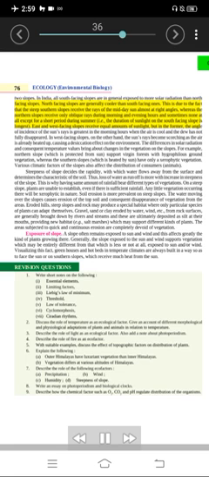This is due to the fact that the steep southern slopes receive the rays of the midday sun almost at right angles, whereas the northern slopes receive only oblique rays during morning and evening hours and sometimes none at all except for a short period during summer, i.e., the duration of sunlight on the south-facing slope is longest. East and west-facing slopes receive equal amounts of sunlight, but in the former, the angle of incidence of the sun's rays is greatest in the morning hours when the air is cool and the dew has not fully disappeared. In west-facing slopes, on the other hand, the sun's rays become scorching as the air is already heated up, causing a desiccation effect on the environment.